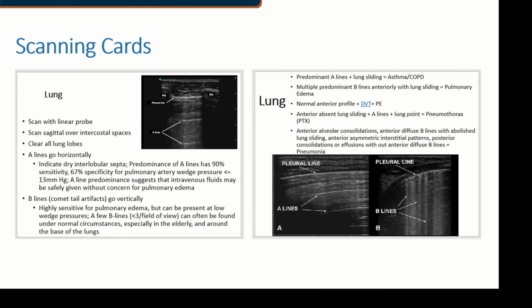All right, so your scanning cards, you're going to see those on your blackboard, and we have a couple of slides in there, or cards in there, that will once again remind you of those A lines and B lines and what you can do interpreting those